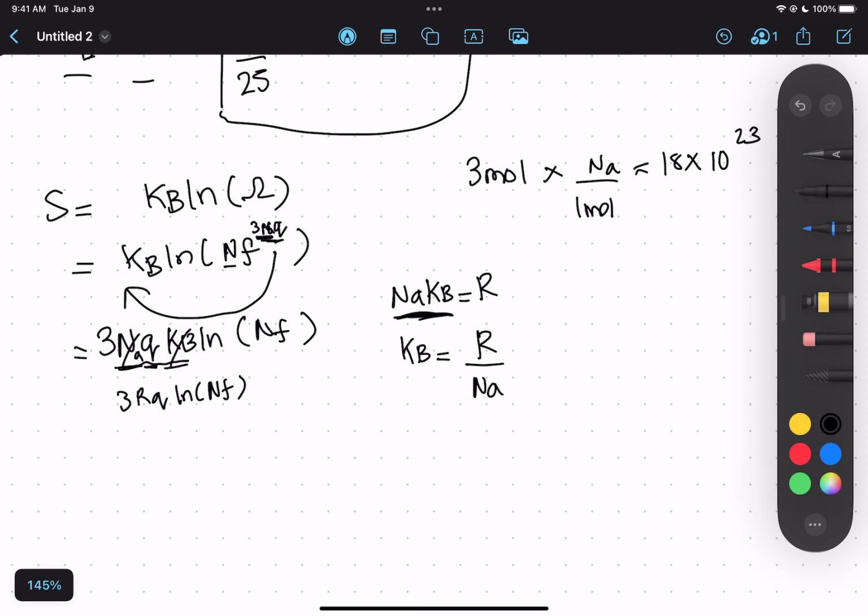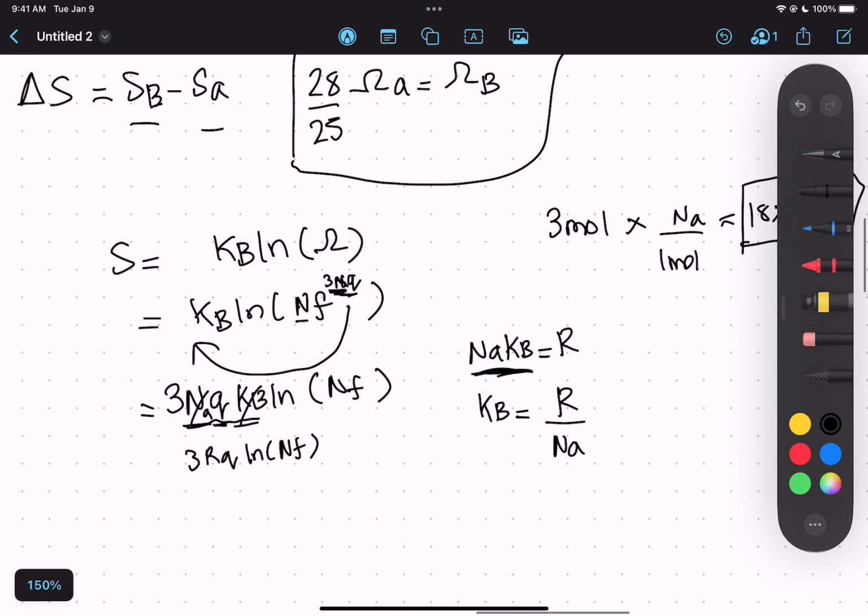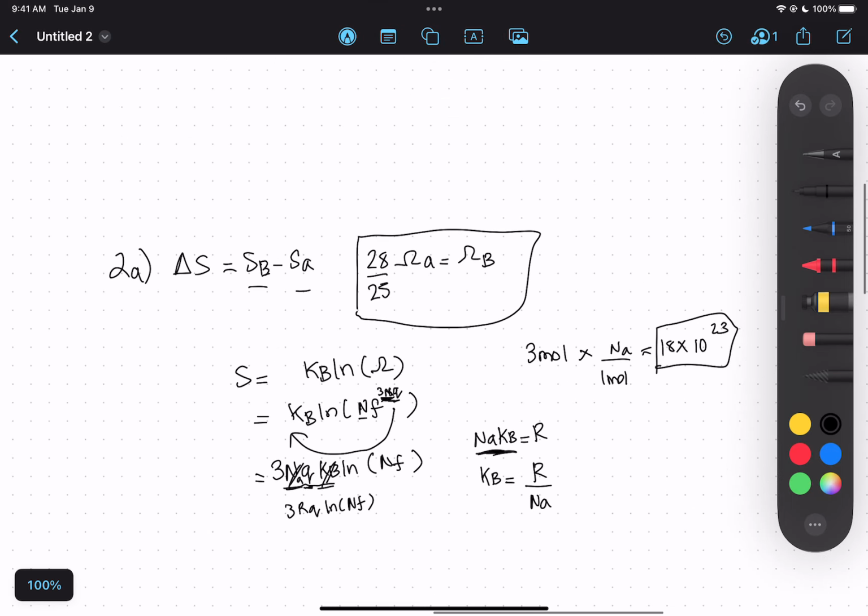Yeah, go ahead. Oh, I was just making up an example. Like I was saying, if you had a certain number of moles, right? Instead of writing out the actual number of particles, you can just leave it as 3Na, pull out the 3Na, and then your NaKB becomes R. And that can help prevent an overflow error. Yep. No problem. Like I said, that's kind of the gist of what's going on for 2A is